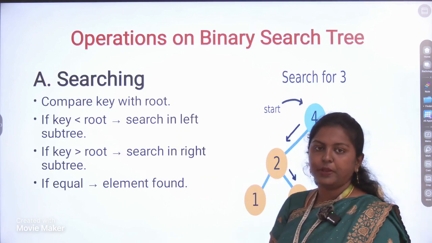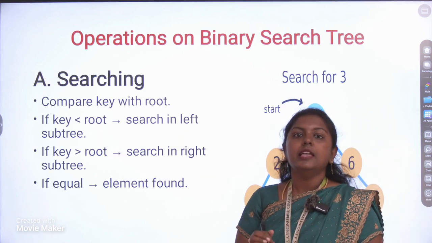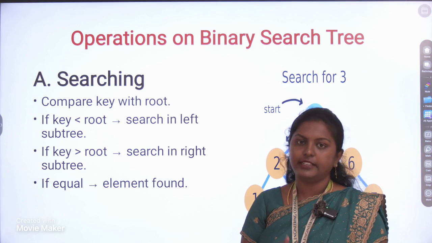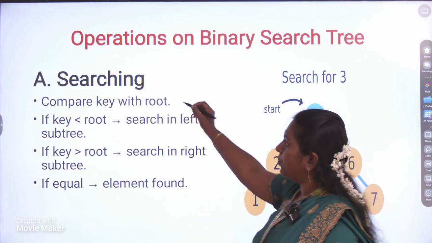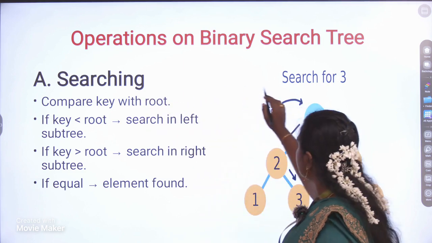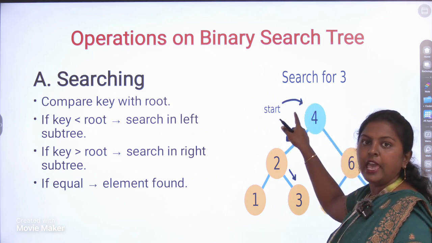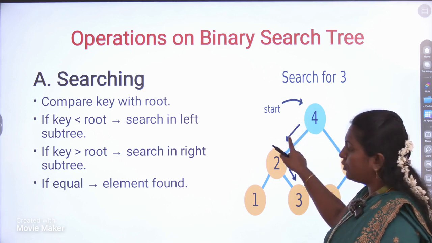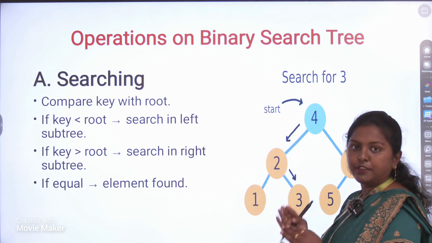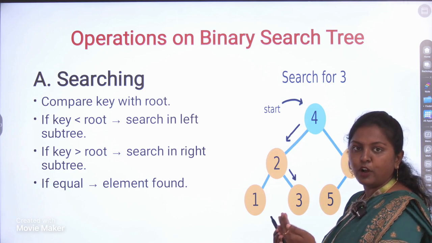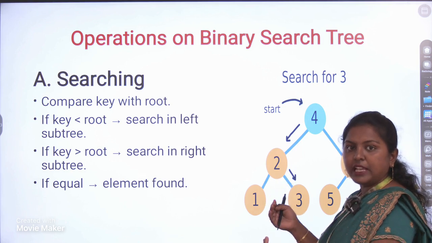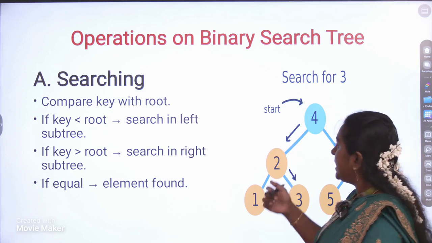Now coming on to operations on a binary search tree. There are three operations: searching, insertion, and deletion. First, searching. While searching, we have to start every search from the root node and go further. If the value is less, we have to move on to the left subtree. If the value is greater, we have to move on to the right subtree to search for an element